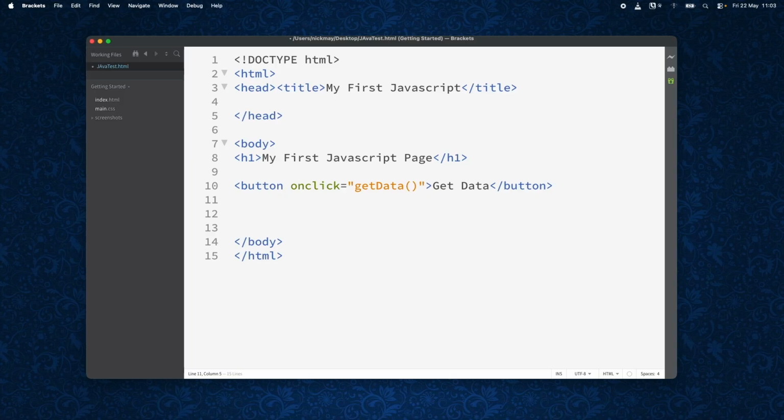Now, we also want to have a paragraph of text, right? So let's put a paragraph here, and the paragraph, let's give that an ID equal to result. Okay, because when we actually run the function, we want something to happen, right? So we kind of need to have a result for something happening. Now at the moment, there's nothing happening. So let's put nothing yet,